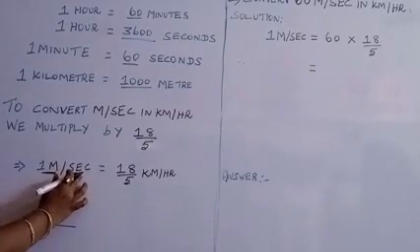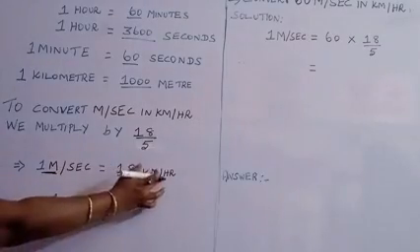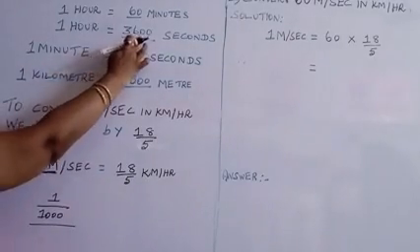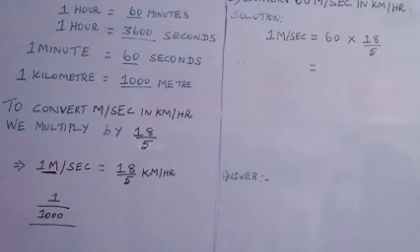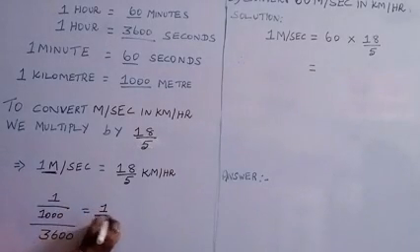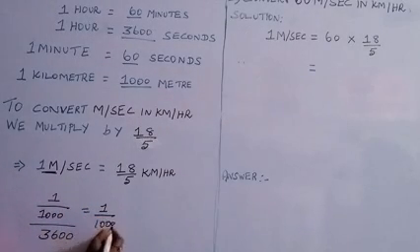In 1 hour, how much? 1 hour is equal to 3,600 seconds. So I write this line. Here 1 divided by 1,000